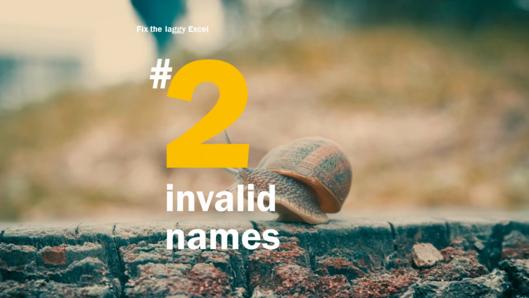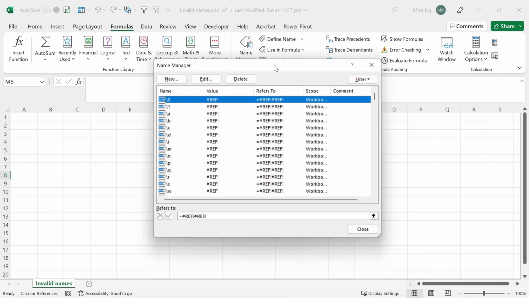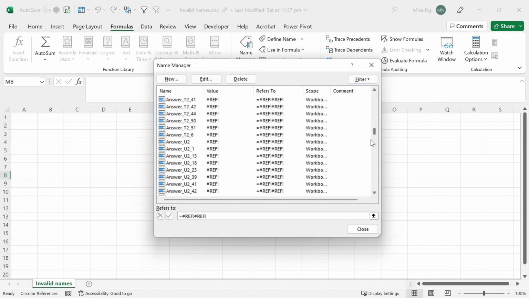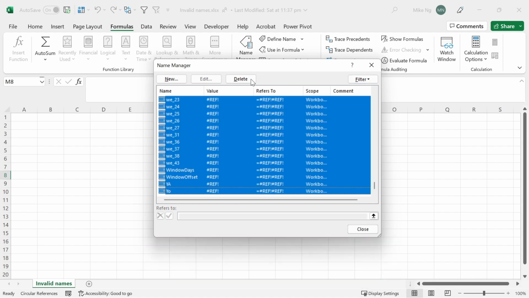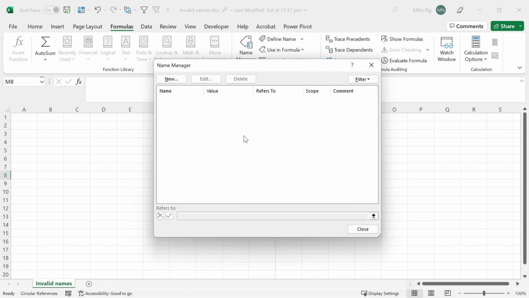Reason number 2. Invalid names. Go to Formulas tab. Select Name Manager. Wow. To fix this, first thing, there might be valid names. Click on Filter here, Names with Errors. Select the first one, scroll to the bottom, hold the Shift key, and click the last. Then delete them. This isn't the cleanest way to delete invalid names, but it is usually good enough for most